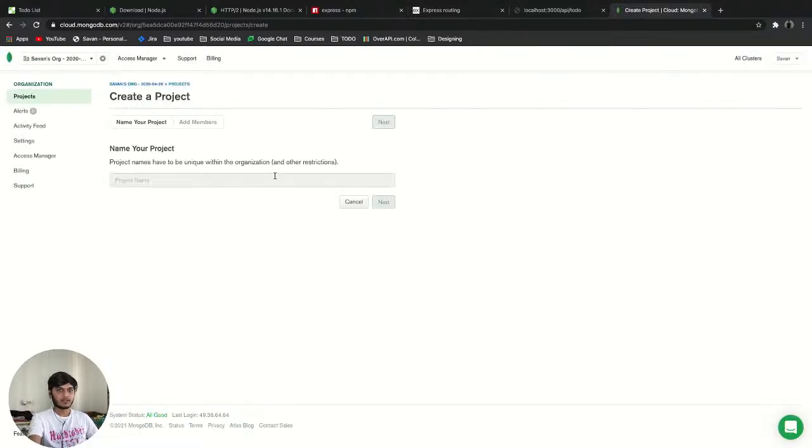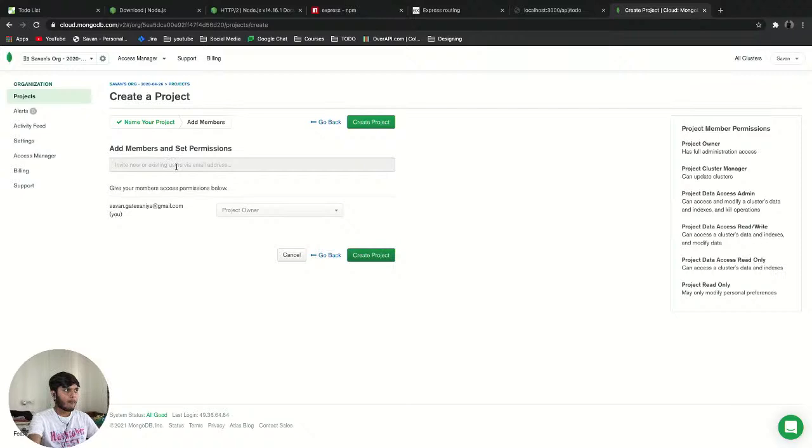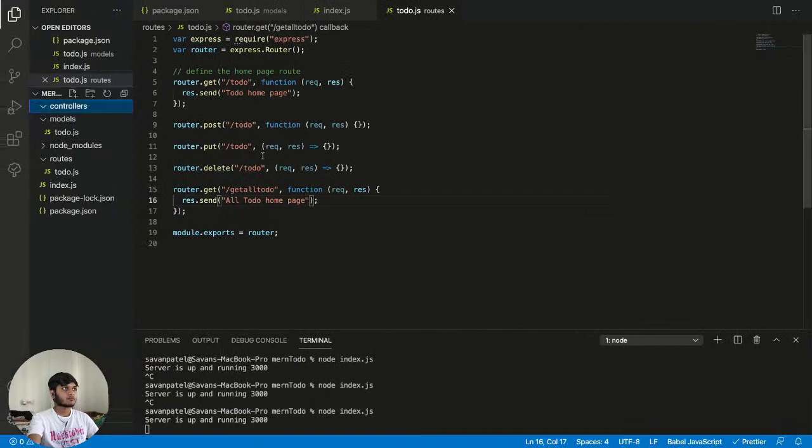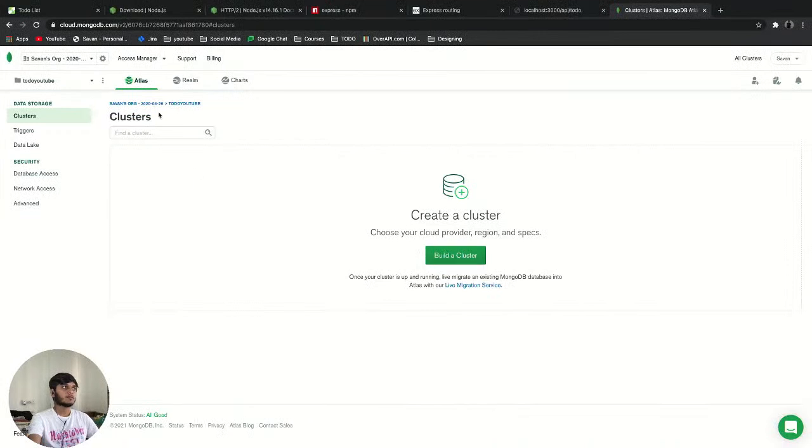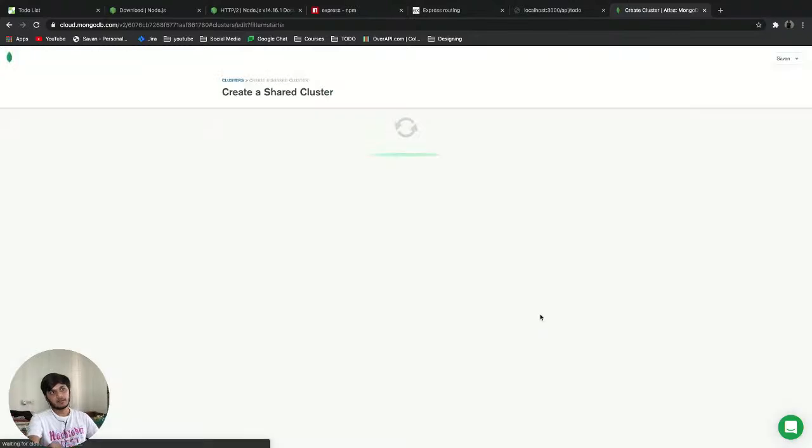What we are basically doing here is creating cloud storage. Yeah, you can store it locally on your MongoDB local, but we don't want to do that installation and everything. So we are just creating it here. Here just type the project name, sudo YouTube. Okay. So yeah, here you have to just click build a cluster. I will create a cluster